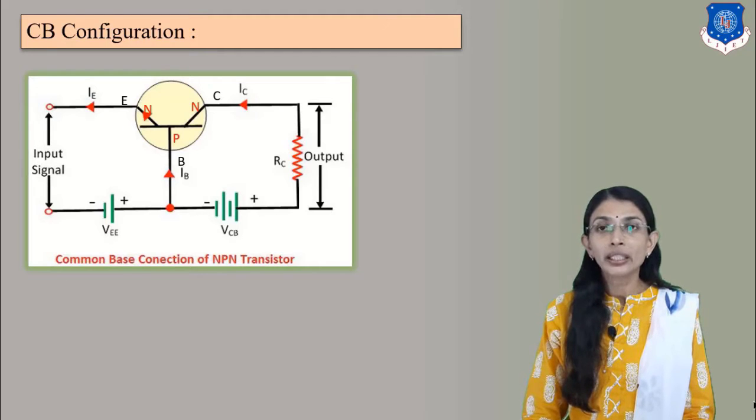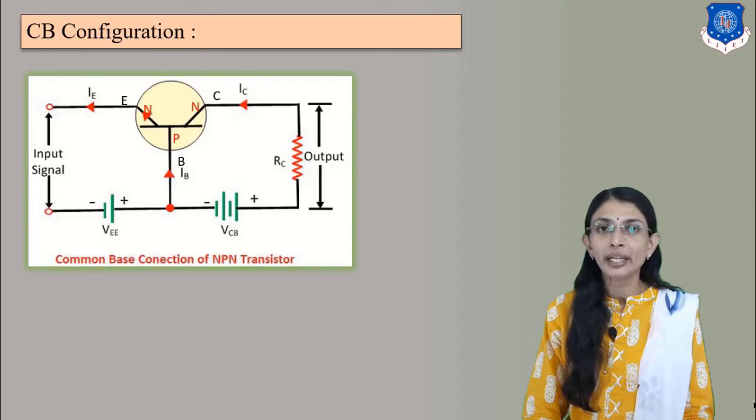So we will have to connect the biasing batteries, external supplies, according to the biasing rules. Now dear students, always remember that this is the NPN transistor. So we will connect the first battery, that is VEE, and the second battery, that is VCB. VEE must be connected in forward bias and VCB must be connected in reverse bias for proper operation of the amplifier application of BJT. Okay, so let's connect the VEE.